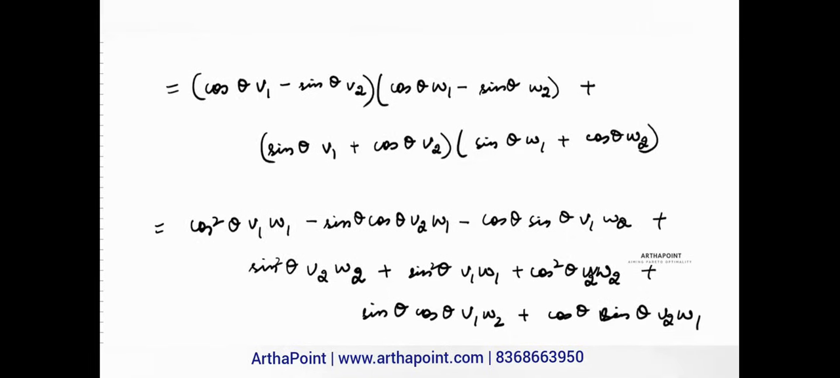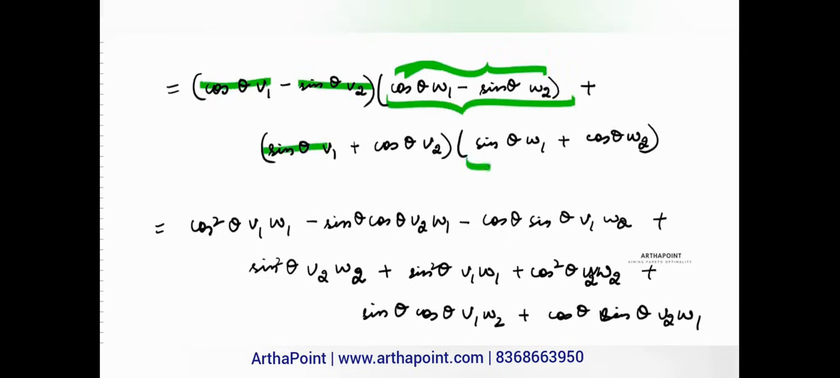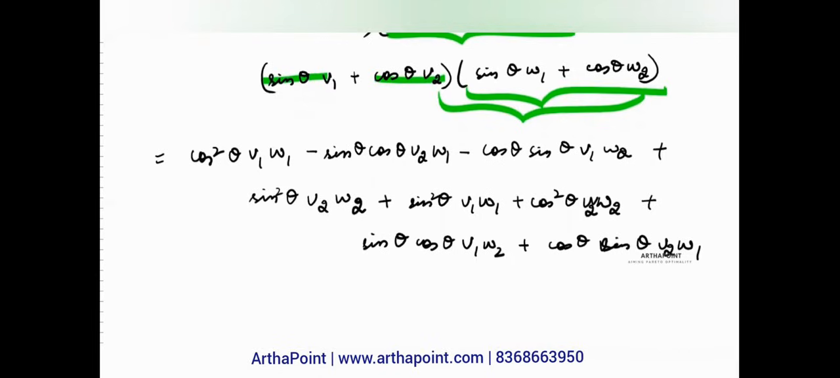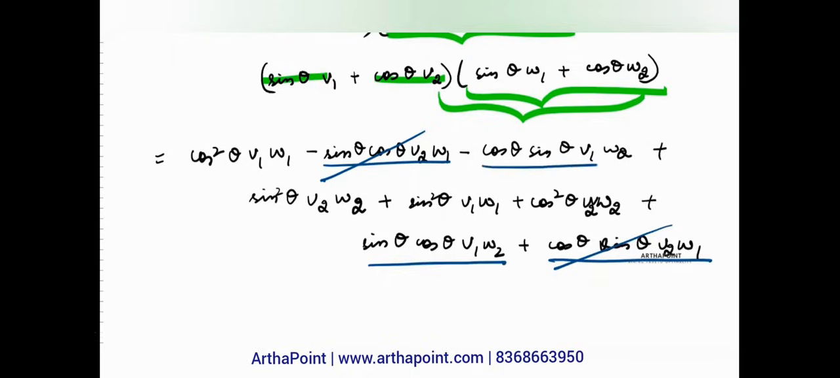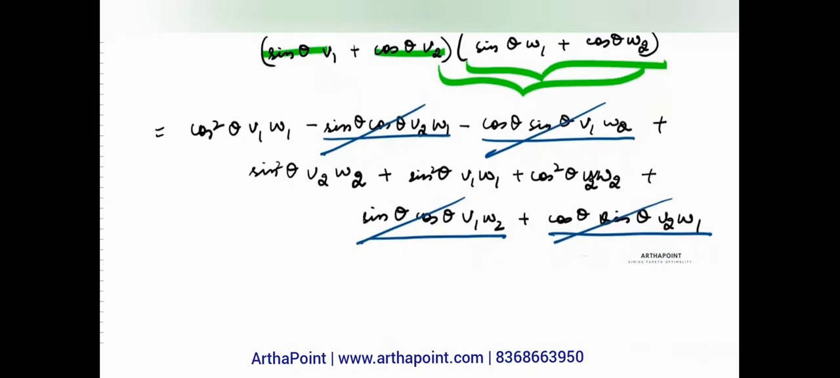Just basic multiplication. This with this entire thing, this with this entire thing, this with this entire thing, and this with this entire thing. Let's cancel out some elements. So you have sin theta cos theta V2 W1, sin theta cos theta V2 W1 cancelled. Sin theta cos theta V1 W2, sin theta cos theta V1 W2 cancelled. And then you are left with 4 terms. So this will be cos square theta, I'm picking up on this, plus sin square theta, I'm picking up on this,